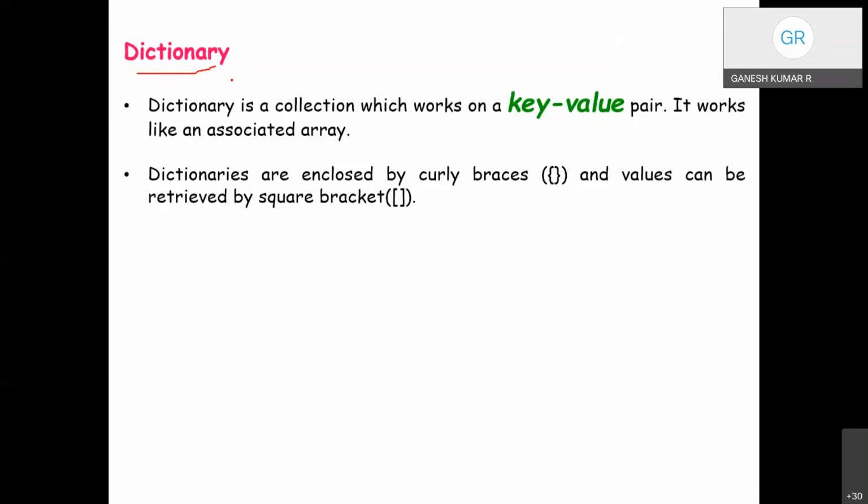So dictionary here in Python is a collection which works on key value pair.